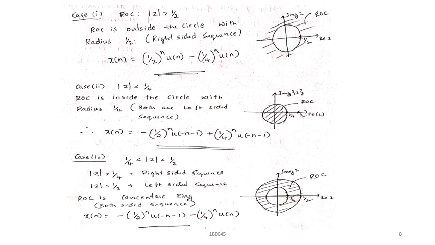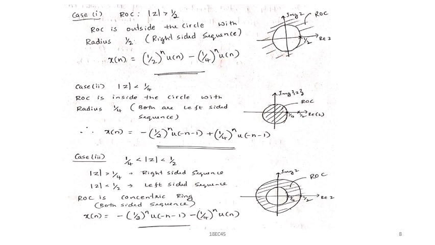So ROC will be outside the circle, and you know that for a right sided sequence, if the ROC is outside, then we'll get the sequence as a right sided sequence. You should multiply a sequence with U of n. Now taking inverse Z transform of that equation, X of z, I'll get x of n is equal to 1 by 2 to the power n U of n minus 1 by 4 to the power n U of